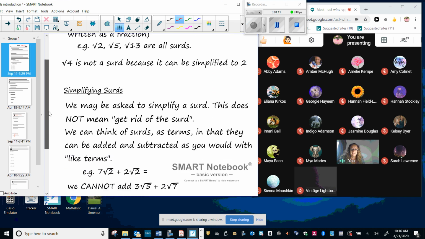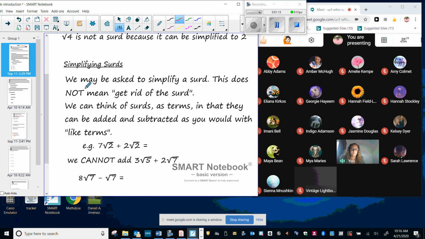So simplifying surds. Now we may be asked to simplify a surd. That doesn't mean get rid of it. It means that we need to make it look more simple. So in this situation, we've got 7 √2 plus 2 √2. Now, as I've said here, we can think of a surd as a term. In this case, my √2 is my term. So it's just like algebra. If we had 7 √2 plus 2 √2,